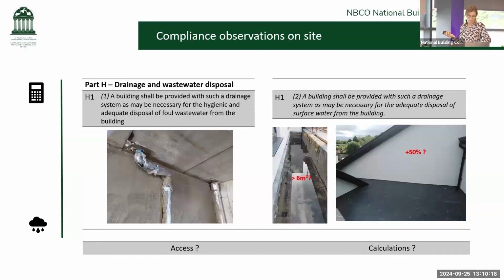Moving on to Part F, looking at the first photograph here, the guidance in the TGD states rodding points should be provided to give access to any lengths of pipe which cannot be reached from any other part of the system. All pipes should be reasonably accessible for repair, similar to Connell's issue with the fire dampers. Other observations, questions raised, again, looking at the guidance on this last photograph here, it says in the TGD, where rain driven